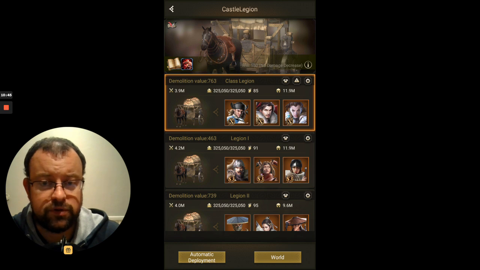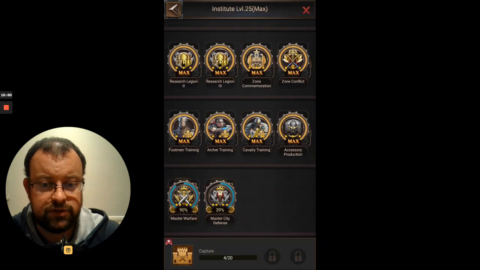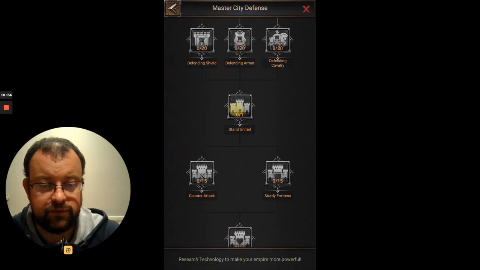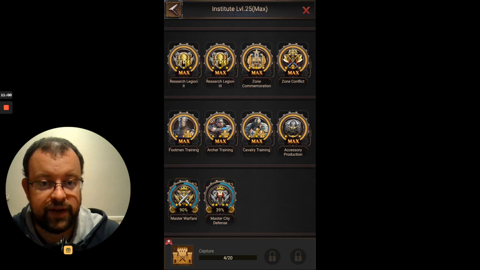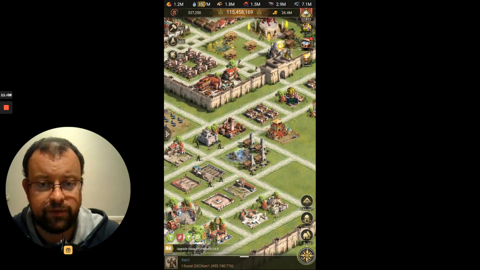I'm getting close now to unlocking my other legion, which will be Stand United. It's a defensive legion that stays in your castle. Once I've got that open, I will put my archers in there for sure, and I'll always be running with 3 cavalry, 1 footman, 1 archers,